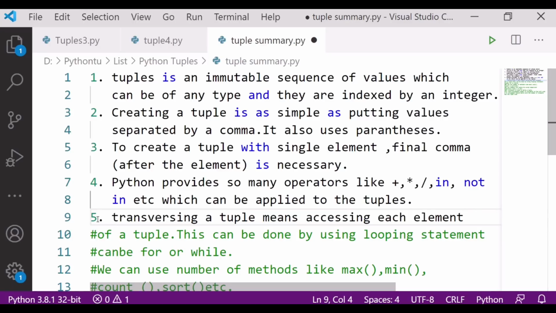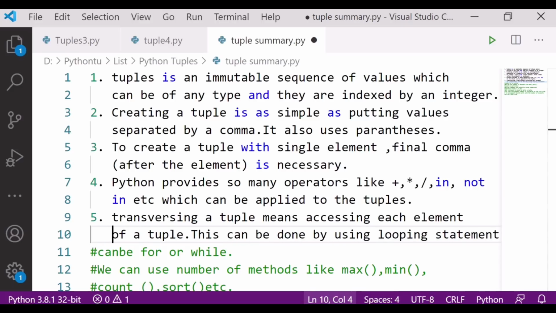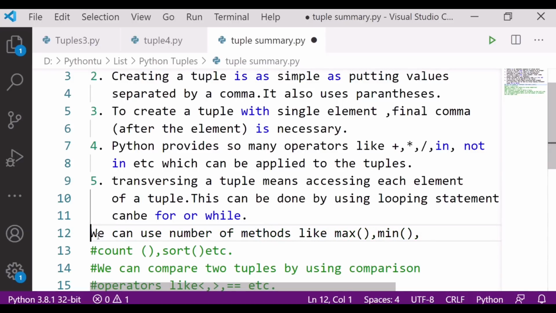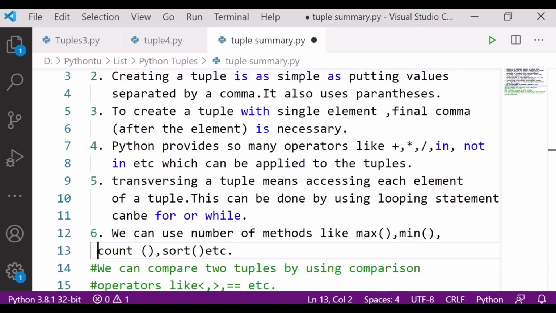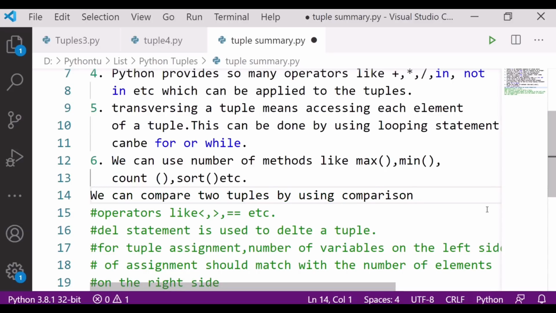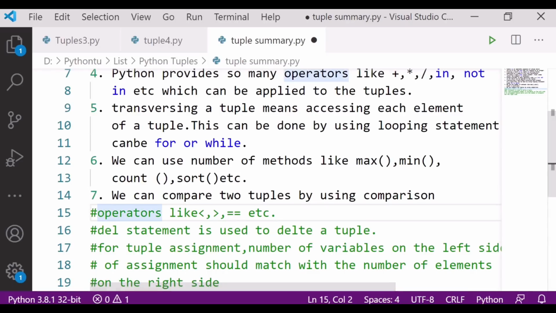Traversing a tuple means accessing each element of a tuple. This can be done by using loops; the loop can be for and the loop can be while. Next, we can use a number of methods too, like max, min, count, sort, index. Next, we can compare two tuples by the comparison operators, meaning you can use greater than, less than, and not equals to signs.